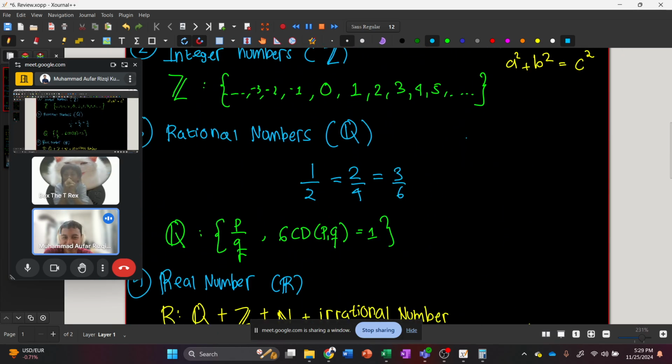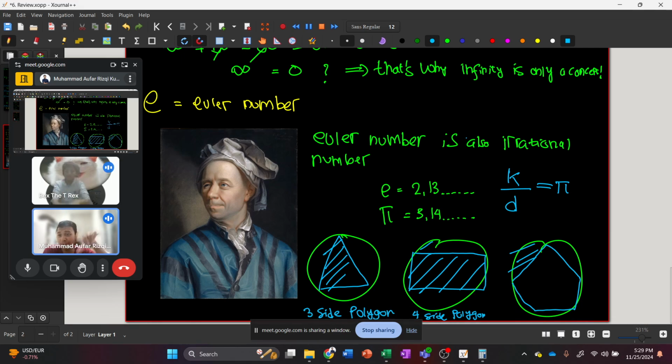So we learned a lot of new things right now. We learned about sets of numbers and the history of math. I think that's a good topic for today. We learned about the history of math, how we found numbers, from Arabic numbers to the numbers that we have today, and then we learned about irrational numbers, which is, by the way, kind of an abstract thing to learn in elementary school,